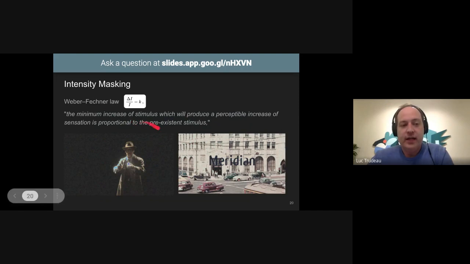The other one is intensity masking. Intensity masking is the idea that the more intense or the brighter the image is, the bigger the step, or the difference, you'll need to create a perceptual difference. So let me try to explain that clearly. If you look at the black image here, or the dark image, we can actually see that noise pattern very well because it's smooth. We talked about that before, but it's also very dark. Whereas here, there are also smooth areas, but the image is very bright, so we don't see the error as much. So this is a case of the image actually masking some of the error for us.